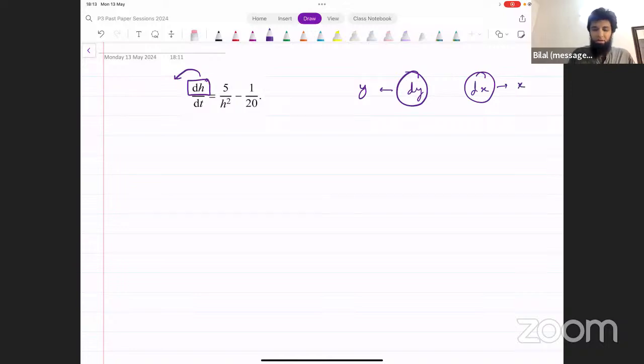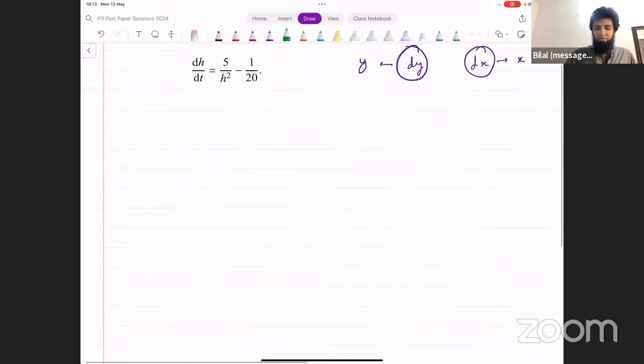Okay. Now in this case, dh is in the numerator on the left side, so you want to bring all the h terms on the left side. dt will go to the other side, and it will be in the numerator on the right side. So all t terms, if they exist, they should be on the right side. Okay. Now,